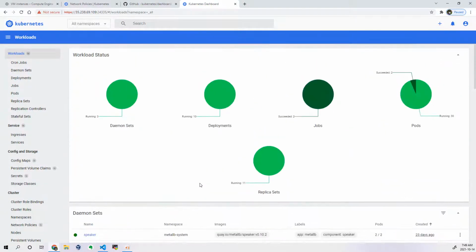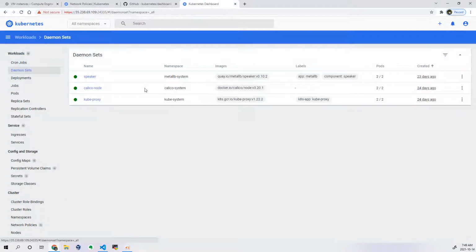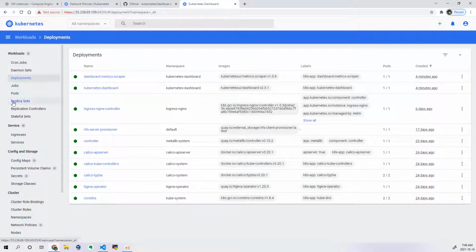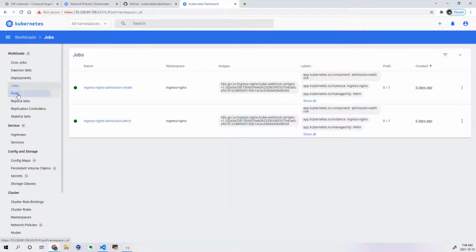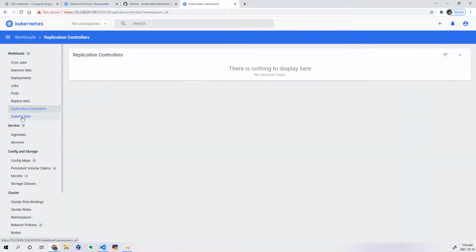Okay, and earlier it was not like this, but now they have changed it by adding these arrow marks and all to this visualization. Okay, if you click on this, nothing. Okay, just a pie chart. Go to the cron jobs if you want to see the cron jobs, daemon sets. Okay, it is namespace level actually, workloads. You can see the deployments, jobs, pods, replica sets, replication controller.